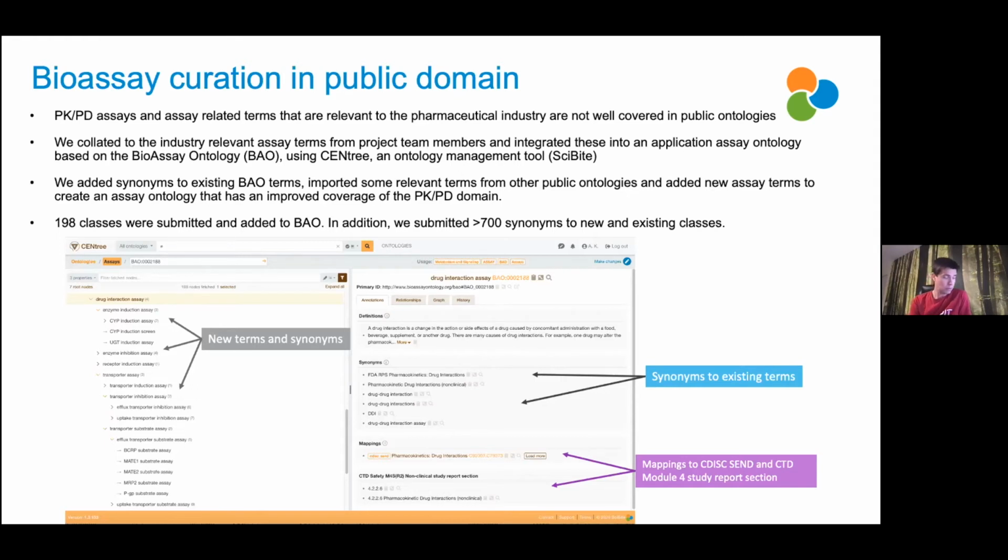I'm aware BAO is not officially part of the OBO Foundry, I guess. I think OBI would probably be your take as the standard in assay as well. But I guess just to say again, as I mentioned, I don't think there's one standard for some of these ontologies within the industry. A lot of the time it's about looking at what's there and seeing how best it matches what they've got. And then at that point, they'll take it and use it, even though sometimes there are funding gaps in some of these ontologies. Sometimes they take it on and will just own it themselves to extend it, because it best fits what they currently have. So that's something we've worked on. That's in the public domain.